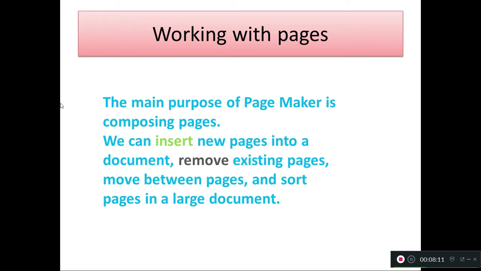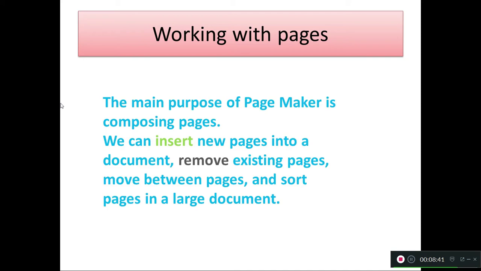Okay, then working with pages. The main purpose of PageMaker is composing pages. Composing pages means we can insert new pages in a document. For example, if you have 10 pages, insert a new page at 11, and then remove existing pages, move between pages and sort pages in the document.